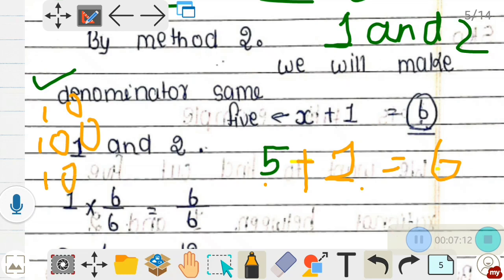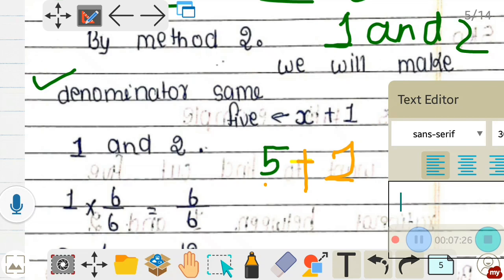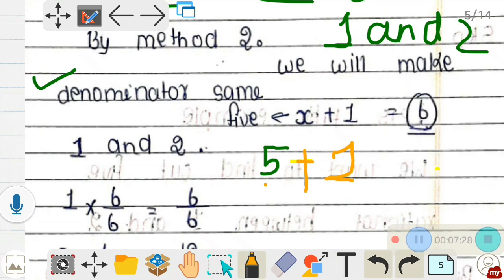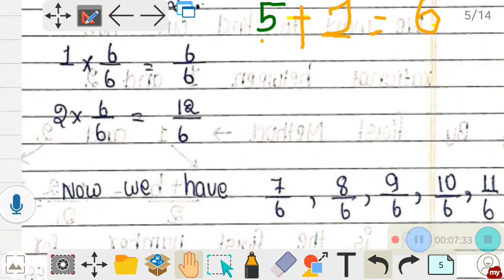Or if we want to find more numbers, like 10 numbers between them, we will make the denominator 10. And if we want to find more numbers, we will divide and multiply by 10, 100, 200, 300, however many numbers we want, even 1000. So let's look at our